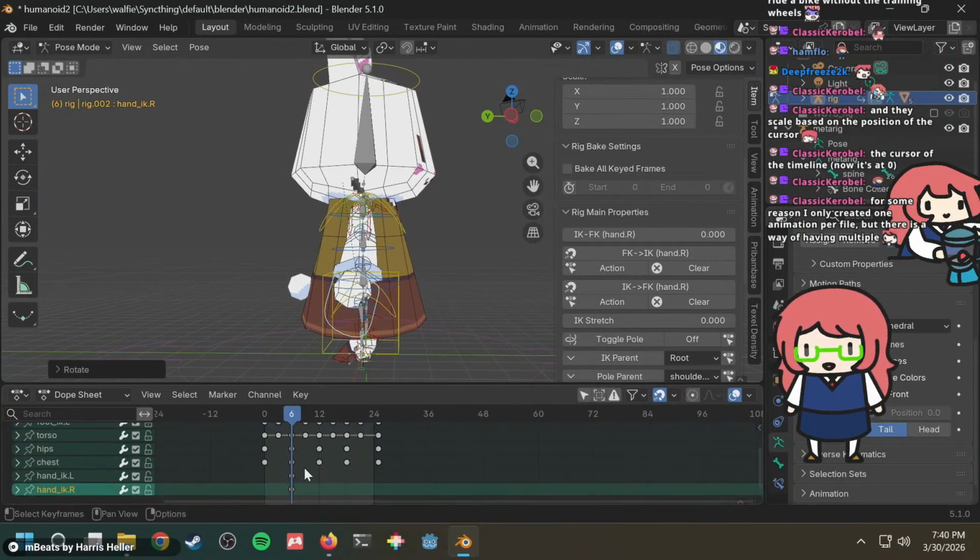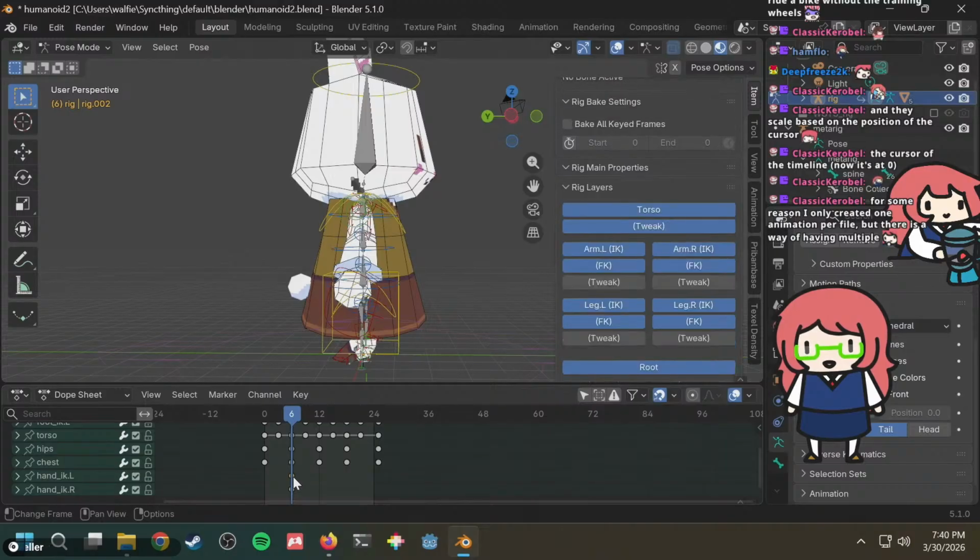Alright, and then I guess you do the same thing for the other side, right? So this is the right hand. And then the left hand, delete that one. Copy this, paste, inverted. None of the zero copied buttons, alright.